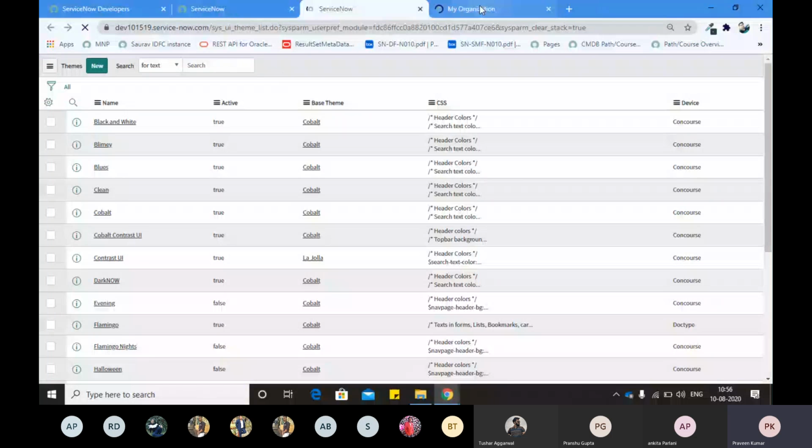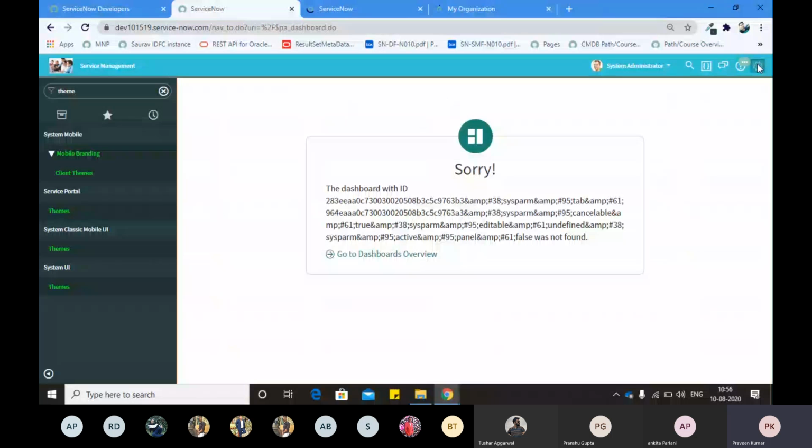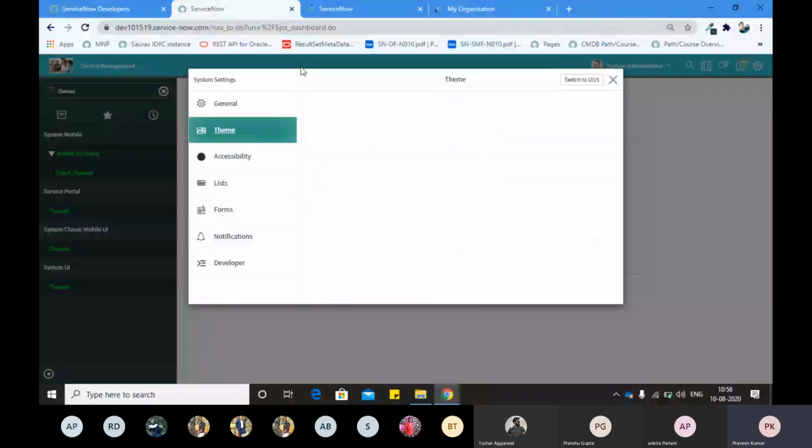So there may be some things which I have experimented with. That's why we are not able to see the themes.